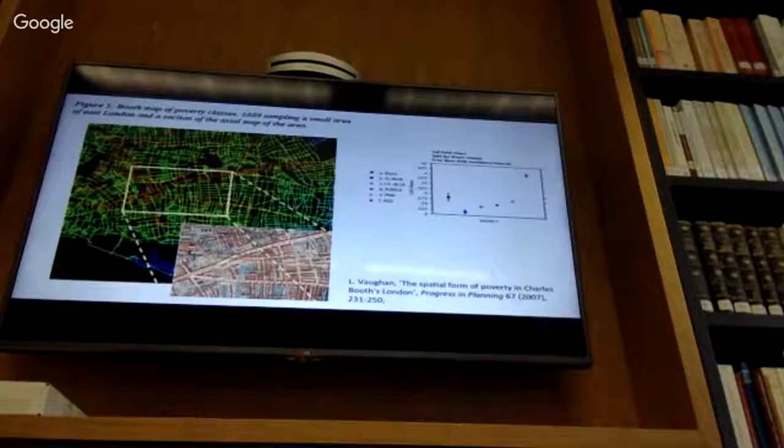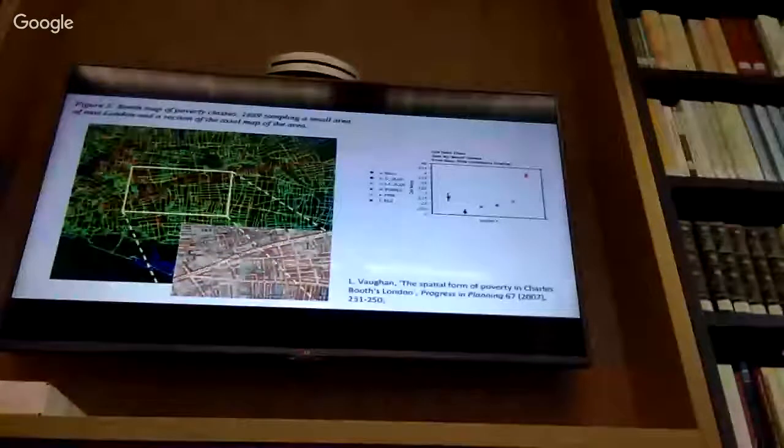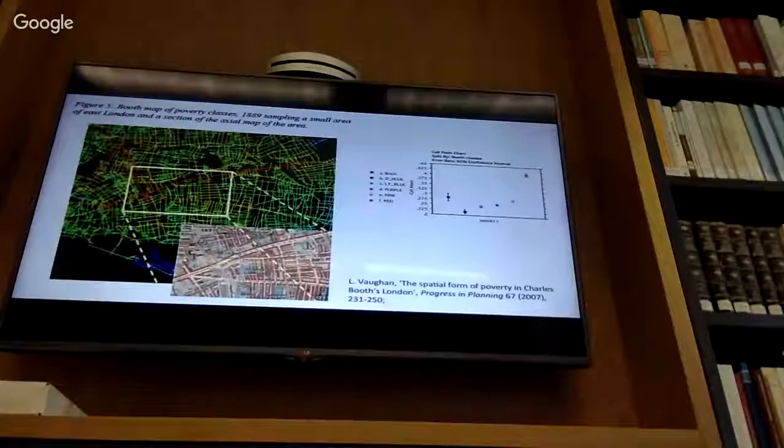So what Laura did was take her representation of the Booth map and sit the one on the other and say, how can Booth's descriptions of poverty be explained in terms of urban structures, so far as a mapping exercise? And the statistics there on the right show you that pretty much the more integration in the system, the better connected the line was at that time,